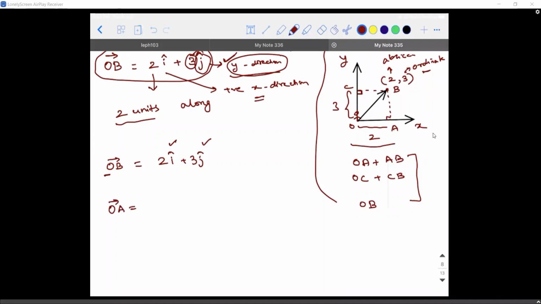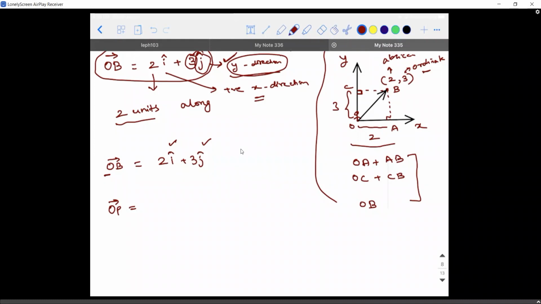if I say OA vector is equal to, okay, I'll use some other. Just a minute. May I know who is 1, 2, 3, 4, 5? Whose name is 1, 2, 3, 4, 5? Sir, my name is Aravind. Aravind, can you please rename it? Okay, sir. How to rename, sir? I'll tell you after the class. Don't worry. Okay, sir.